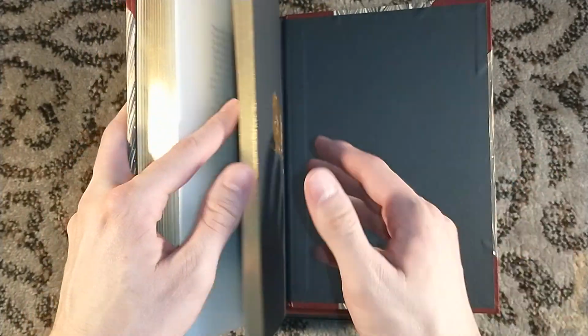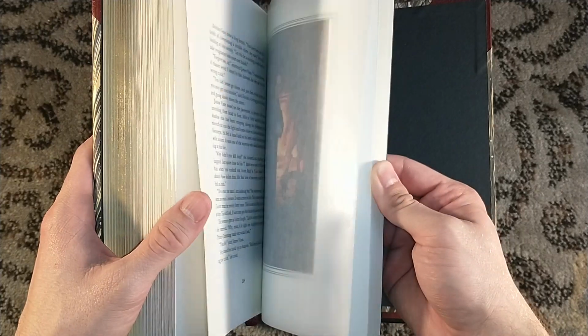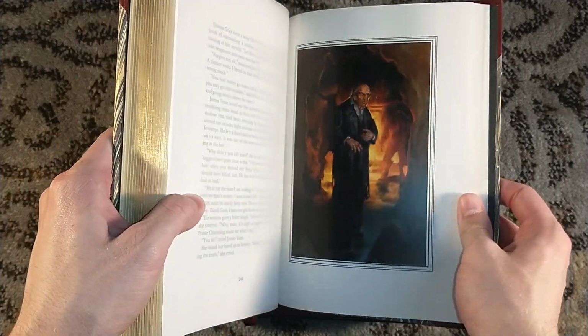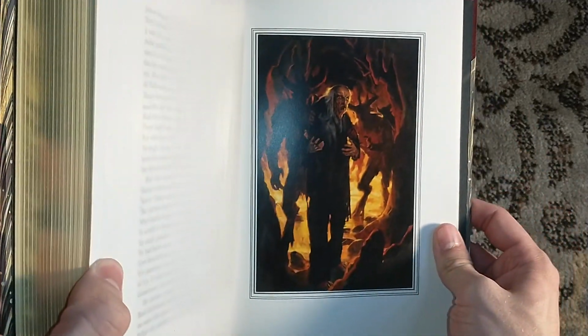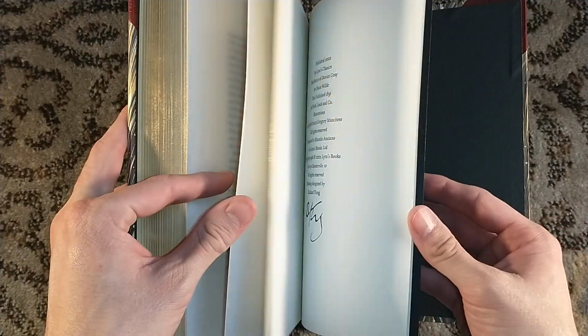I can't recall what the interior illustrations of the Amaranthine version look like, but I'm just going to show you. There he is in hell. It's not a spoiler because this is over 100 years old. There he is more in hell. The book is over 130 years old, so